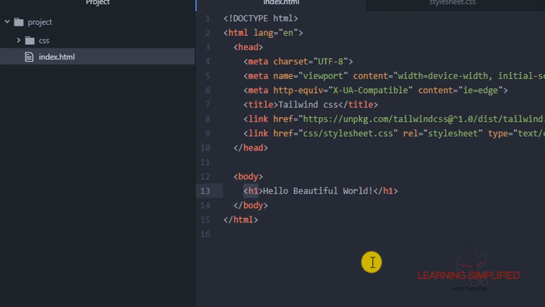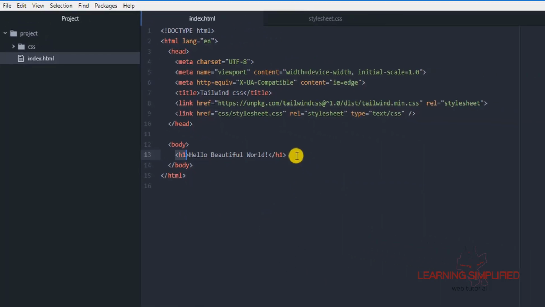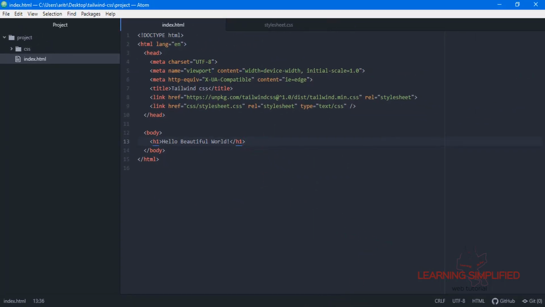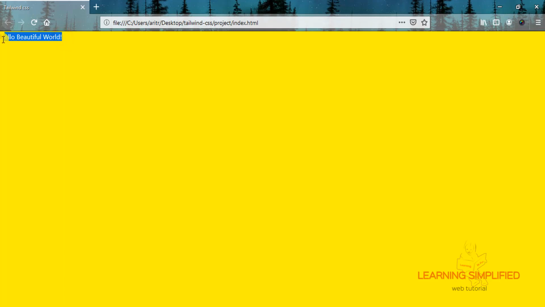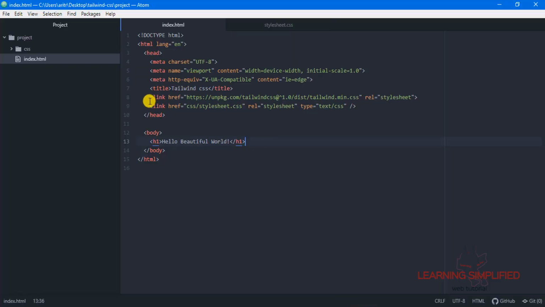In the usual case, we would be expecting a bigger font size, but we can see on this page that it is now of a reduced size and it has a different font family. So we can safely conclude that we have linked this index.html page with the Tailwind server that we are linking via this CDN.